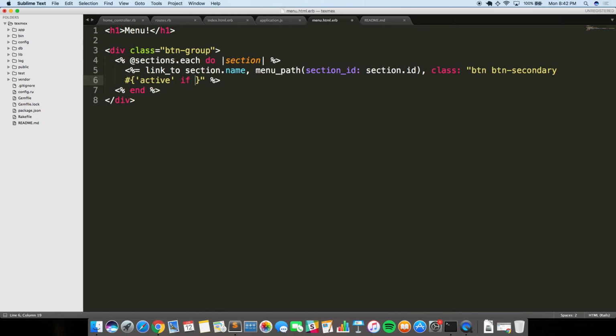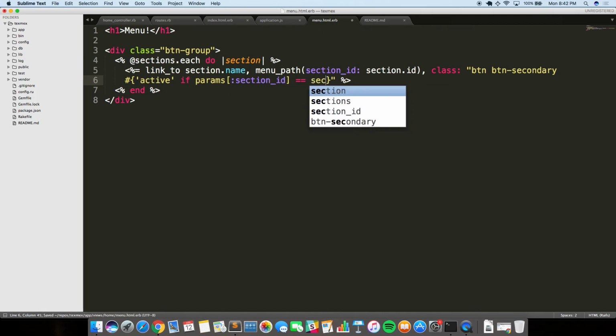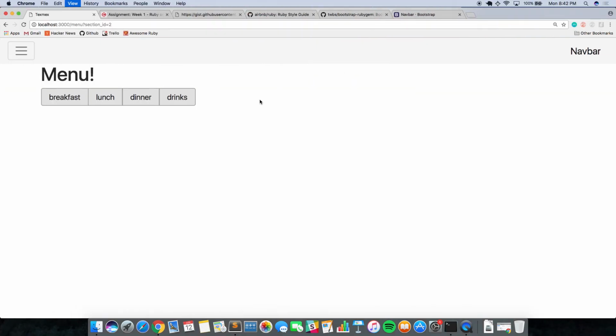I'm going to say it's active if params, and what's the name of the param we're looking at? Well, the param is section ID, right? Because that's the one we're passing up here. If the param section ID equals section.id. And so if we refresh,